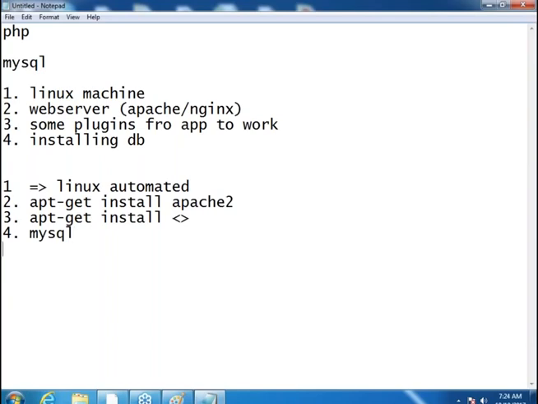So the next evolution for this was that people started writing shell scripts. Whatever commands are there, they used to write shell scripts for them. They used to prepare it in a file which ends with .sh, execute that, and get the environments. Wonderful. Now let us complicate things further.